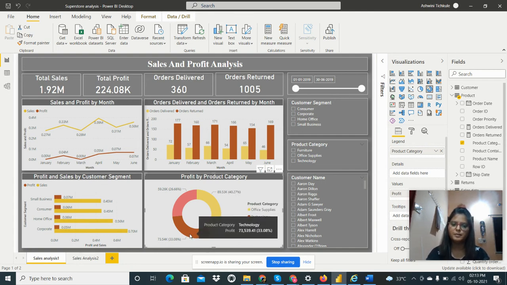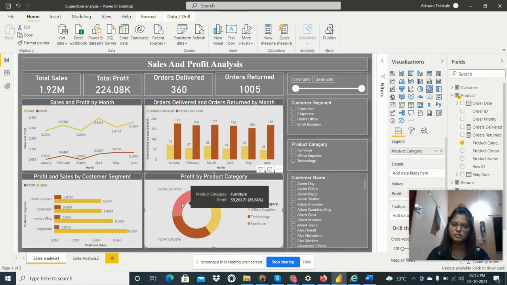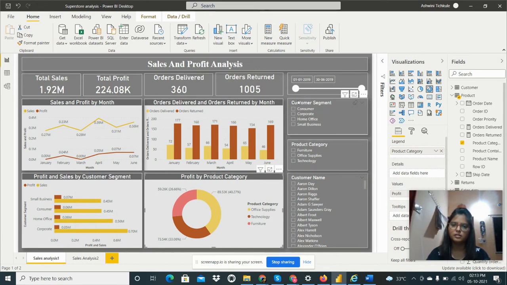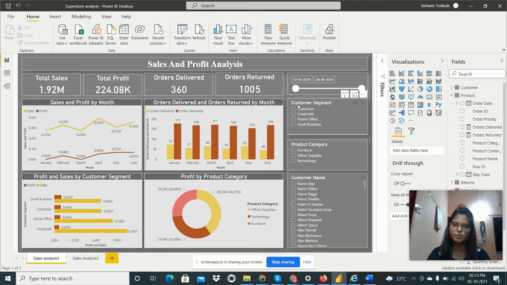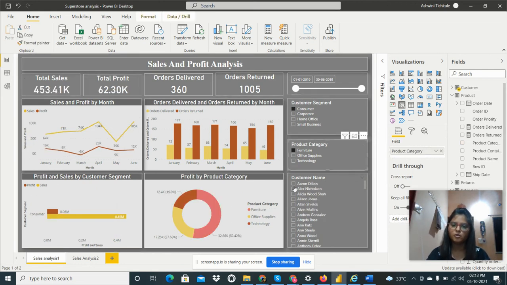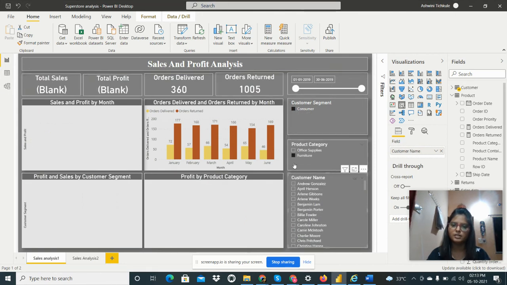Then 33% is for technology, and 26% is for furniture. We can see this data for a particular segment, product, and customer name. We can add a filter on all these slicers and see the data.